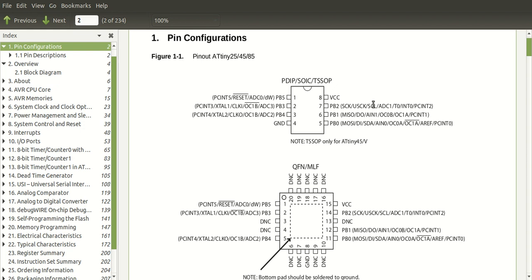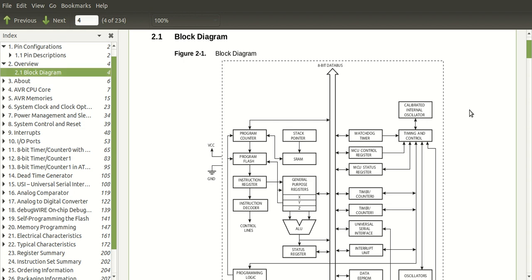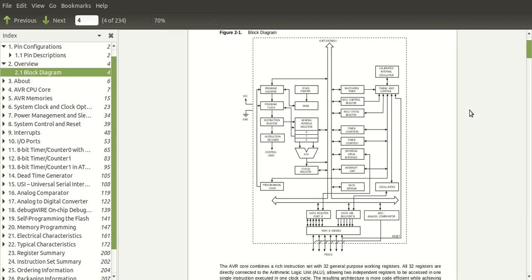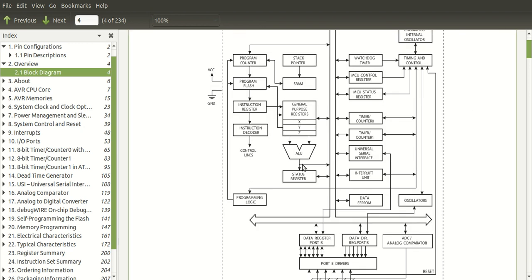Before looking at the GPIO registers in detail, we will take a look at the block diagram of the 8010 microcontroller. So if you look at the block diagram, here you can see ALU, general purpose registers, status registers, and all these stuff over here, right? These things constitute the AVR CPU core. It is a general purpose microprocessor, the whole thing over here.